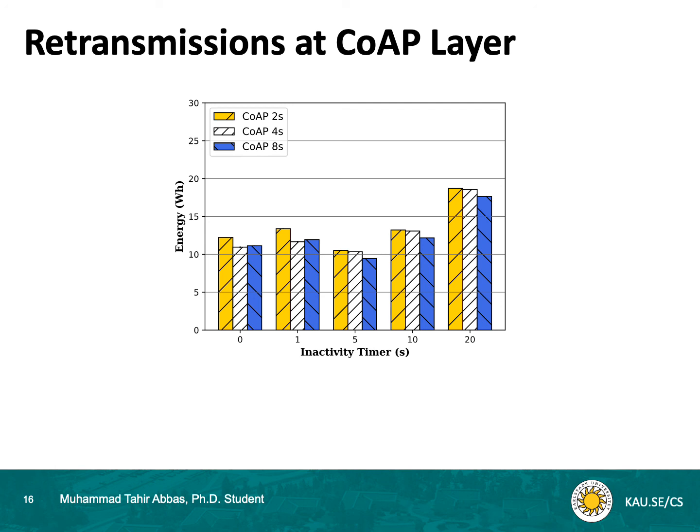Now, this graph shows the impact of CoAP retransmissions. In this figure, you can see the energy consumed for different CoAP timers on the y-axis and different inactivity timers on the x-axis. And from the figure, we can say that an inactivity timer of 5 seconds with a CoAP of 8 seconds saves more energy and is an optimal